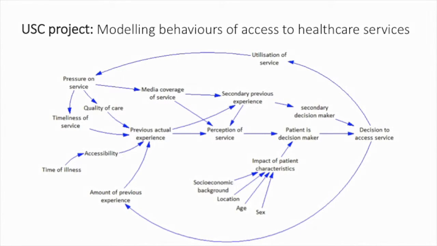So just by looking at the literature and speaking with some experts in the field, we're able to get a picture of what are the actual relationships that are happening that drive people accessing unscheduled care. So if we were to think about this key point over here about an individual's decision to access service, that then is influenced by a variety of things, such as the quality of care an individual has received, the amount of previous experience that an individual has received, and that then filters through various different aspects of the patient's particular